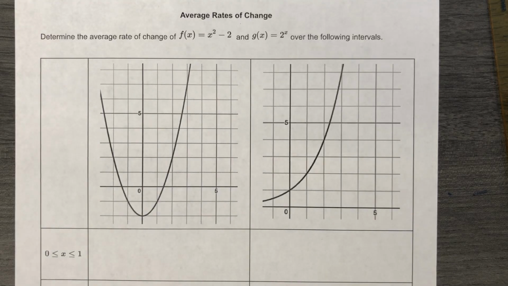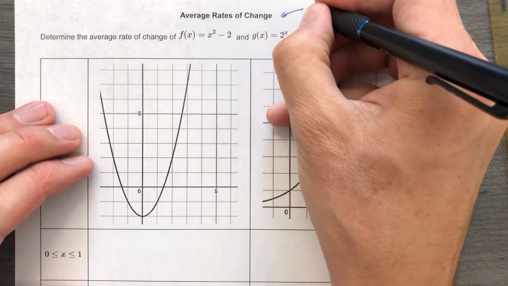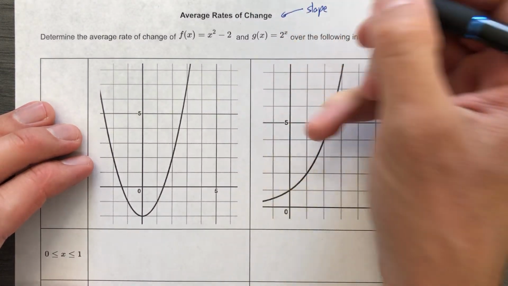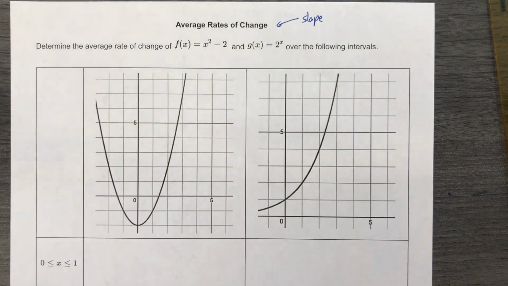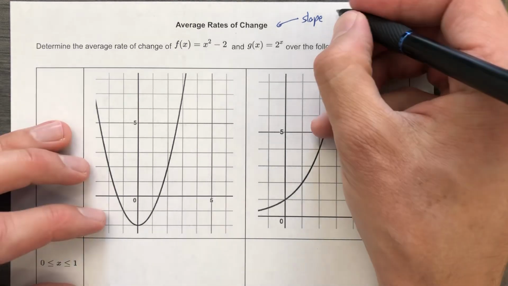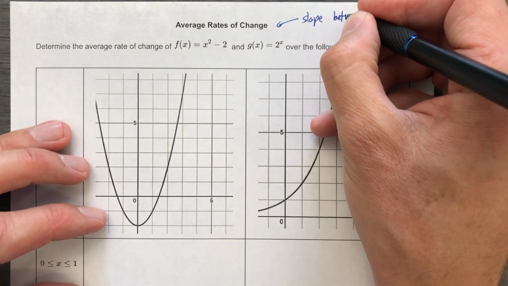Let's talk about average rates of change. But before we go any further, let's define what that actually is. An average rate of change is a slope. And the slope is really going to be an average rate of change between 2 points. So the slope between